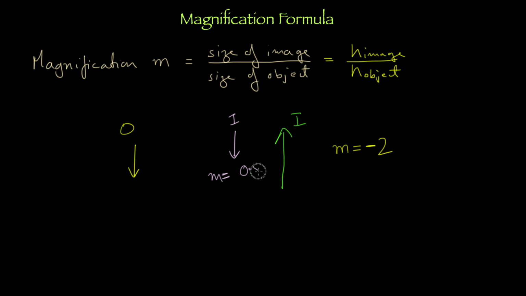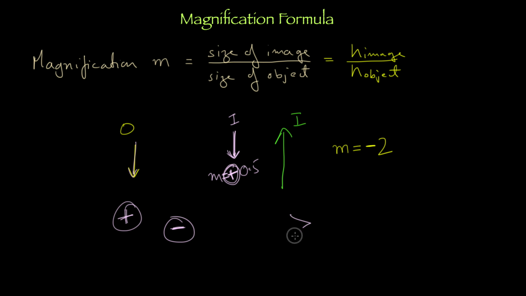Magnification is positive. It doesn't matter that it is upside down. Why is it positive? Because both are in the same sense, both are upside down. This is physics. If I keep my foot up and head down, and the image also comes foot up and head down, then we don't care which way the head is. The image and object are in the same sense, so magnification is positive. So positive doesn't mean enlarged, negative doesn't mean diminished. It is just telling you that it is flipped over.